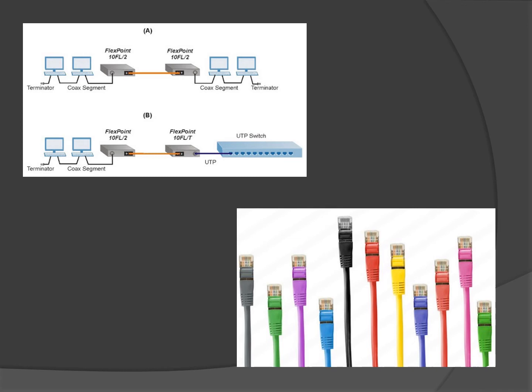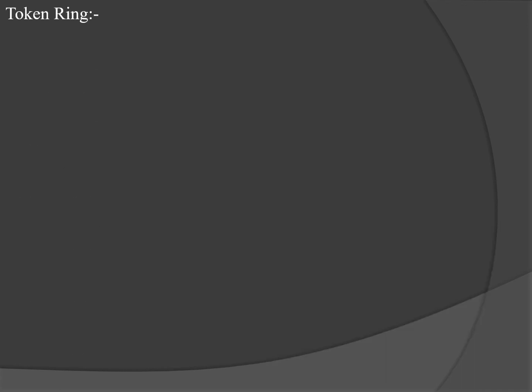The next concept that we are going to learn is the token ring. The token ring and the token passing method is studied in topology, that is the ring topology. So let us elaborate on the token ring architecture. The token ring architecture was basically developed by IBM, and it was one of the best networks. It is more complex than Ethernet. It uses two topologies, that is the physical and the logical. Physically, it uses star topology, and logically, it uses ring topology.